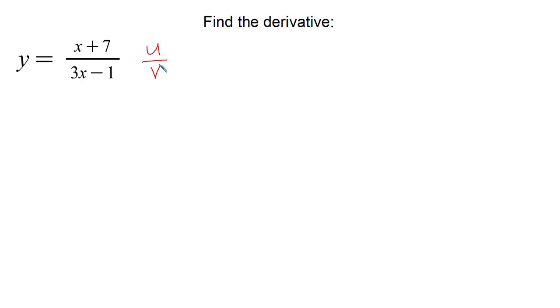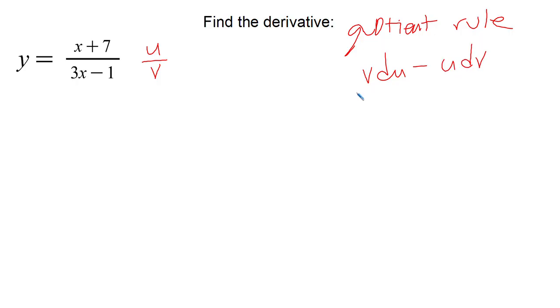I'm going to write out what the rule is, right? The derivative of u over v using the quotient rule. Let's try that again. The quotient rule says you take the denominator, v, multiply it by the derivative of the numerator, subtract the numerator times the derivative of the denominator, and divide it all by the denominator squared. So our derivative will be,